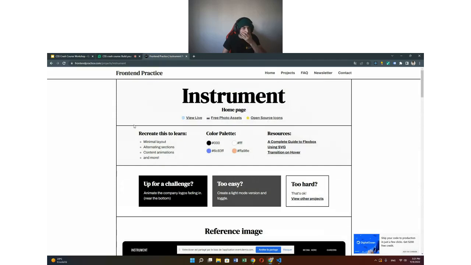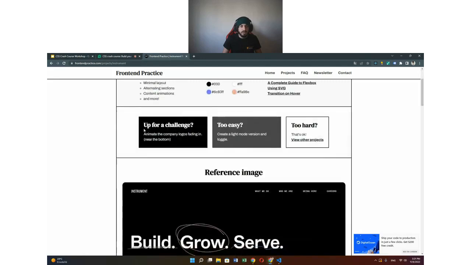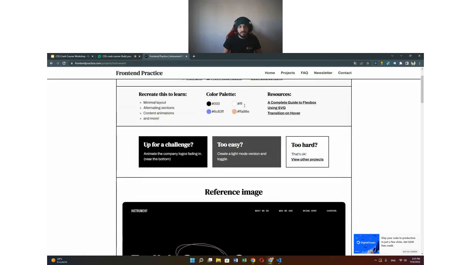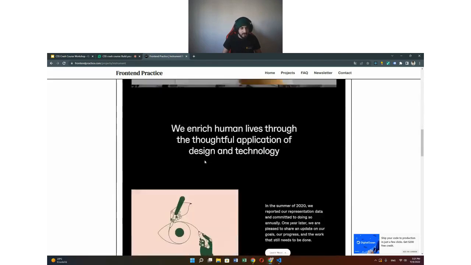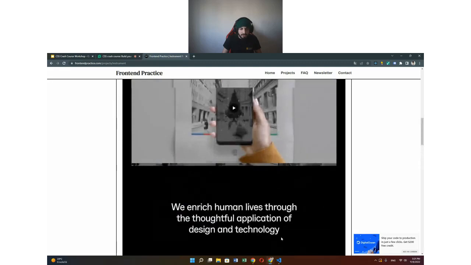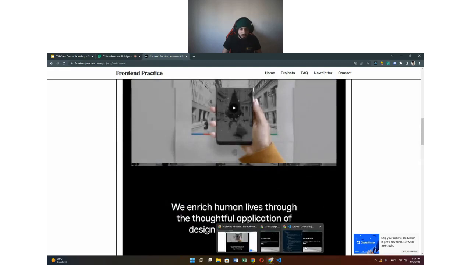So we are going to do this practice from Frontend Practice, which I loved. And this website actually has a lot of other practices. You can see it gives you the color palette and the resources that are used. We are basically trying to mimic this website here. So this is just a small look at it. And just to show you the final result,